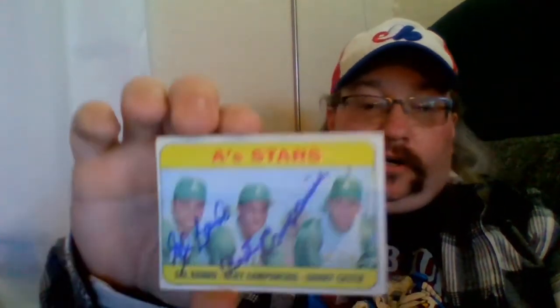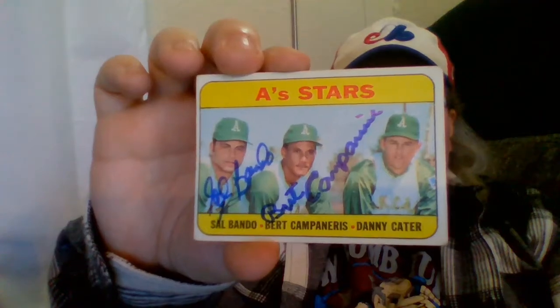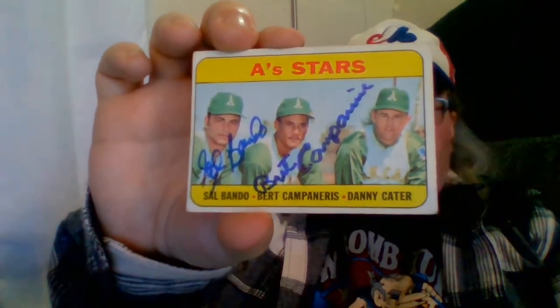It's going to go out to number 3 here momentarily, as long as it came back signed, which it did. This is the A's Stars card right there. I believe 1969 Topps. It's got Sal Bando. It's got Bert Campaneris. It's going to be going to Danny Cater next. He's right up in Plano. Not very far from me, it's only a 45-minute drive away, so hopefully it won't take that long by